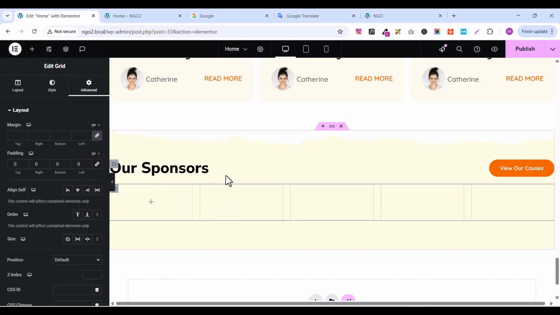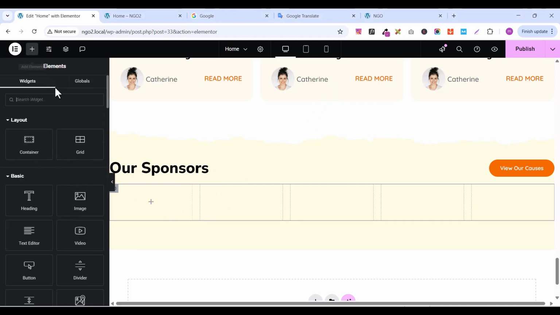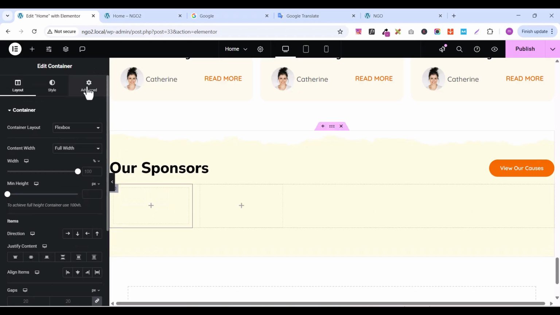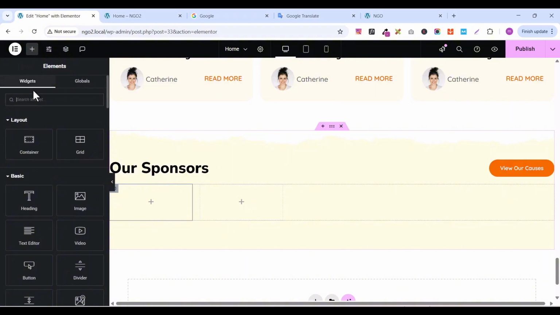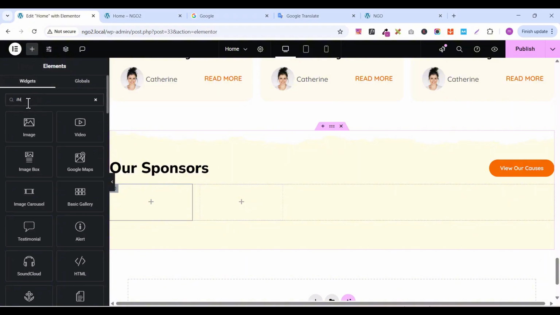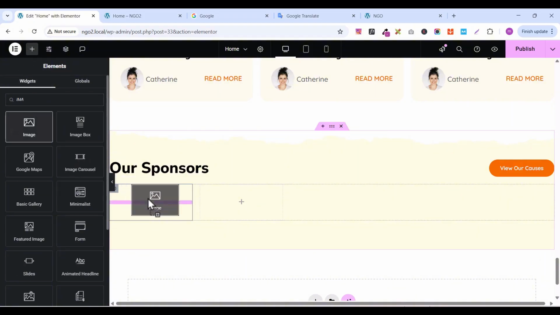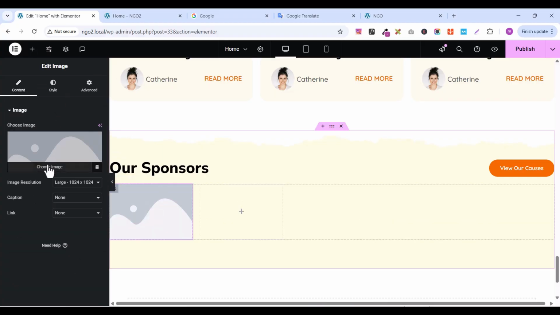Good. So from here, we can add image to this grid. So let's add a container, drag this container, remove the padding of the container. Then let's go back, let's look for image element, drag the image elements here, and let's select our image,